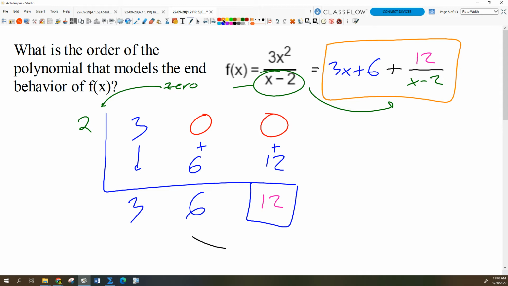We simplified the quotient, right? So that's another way to express f of x. Instead of as a rational function, we're writing it as a polynomial plus a remainder, right? So then we're interested in the end behavior, right? So the limit